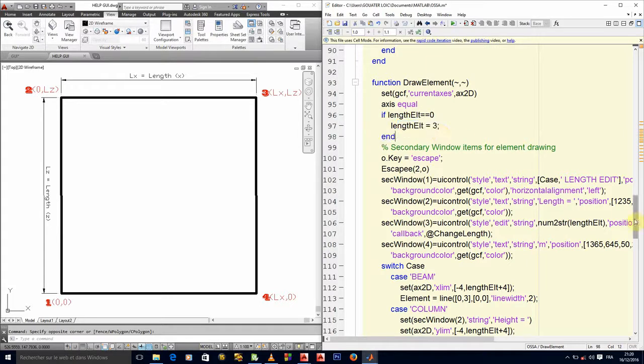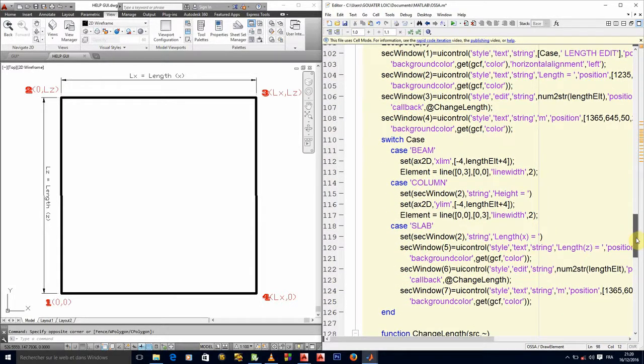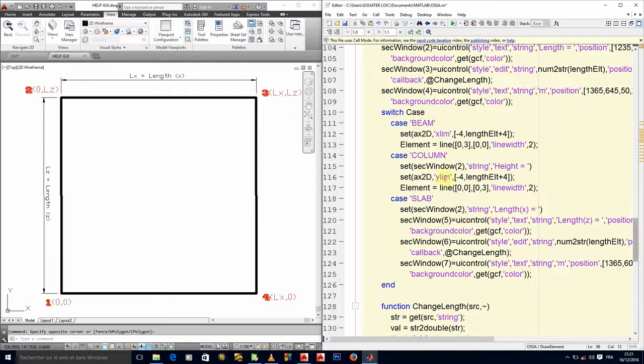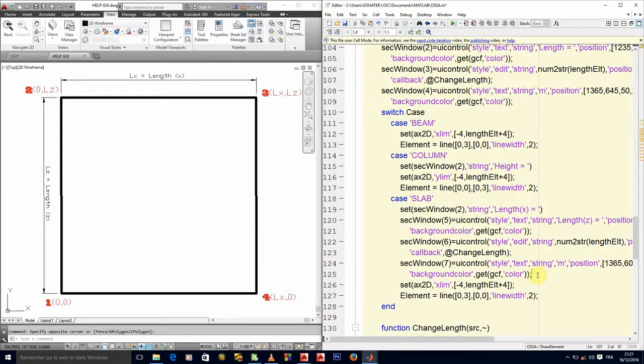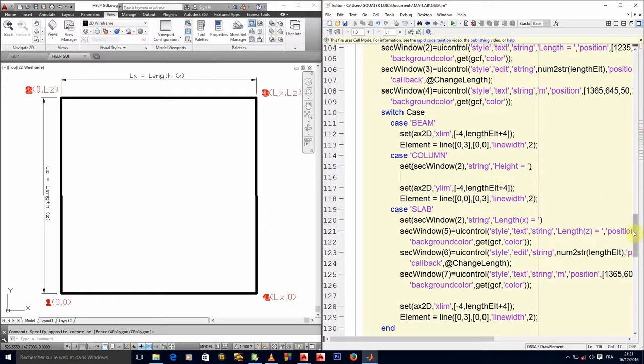That's just to set an accurate axis. So I'll copy these two, and I'll put them here, and separate it from the other so that we see the difference.